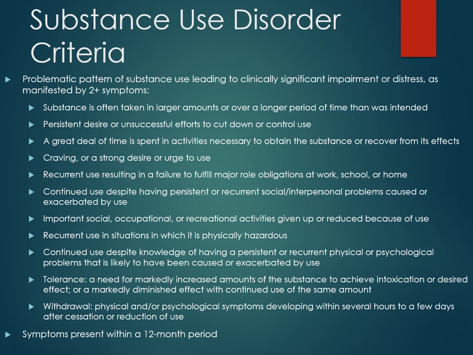The seventh criterion is that the person stops engaging in important social, occupational, or recreational activities because he would rather use. So for example, someone used to like going to movies with friends, playing sports, and spending time with coworkers. But he has just completely stopped doing this because the time he used to spend engaged in these activities is now preferentially spent using the drug.